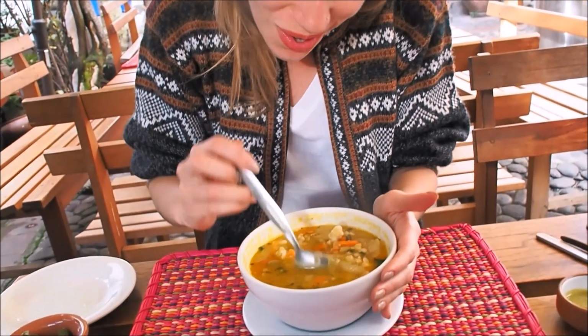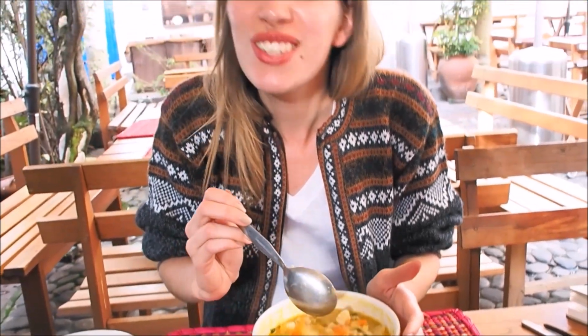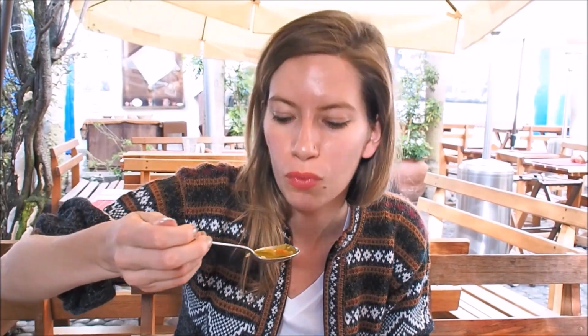So yeah, that is really nice. It's the kind of dish you want to order on a really cold day to warm you up. I like that it's served in a nice cute little bowl. You can warm up your hands. I'm a little bit chilly in case you can't tell. So yeah, good soup. And you ordered something called pachapapa, and we're not entirely sure if that's the name that